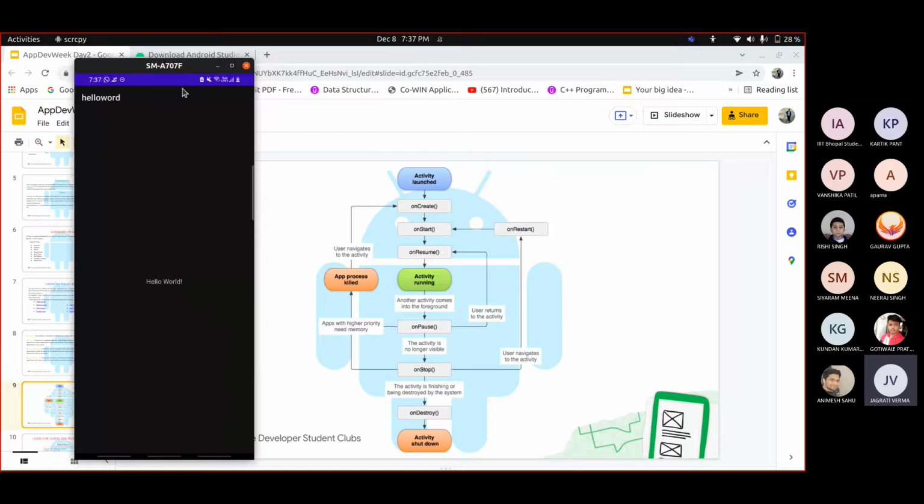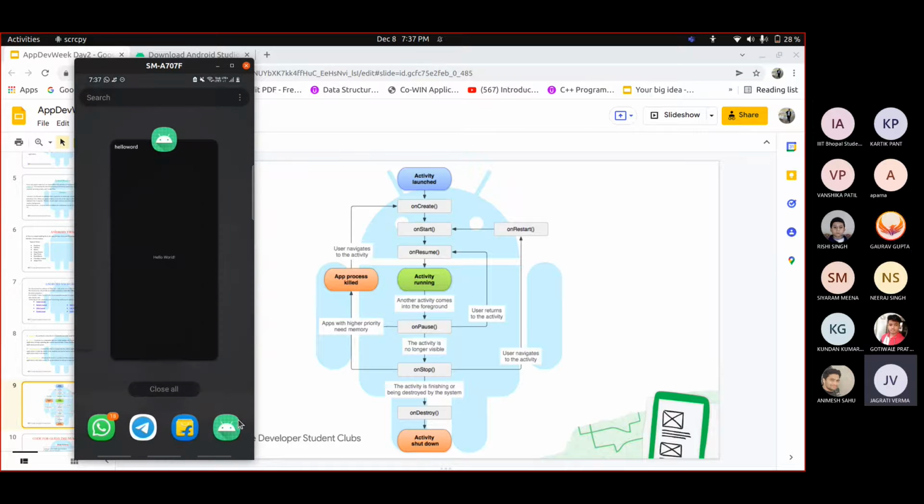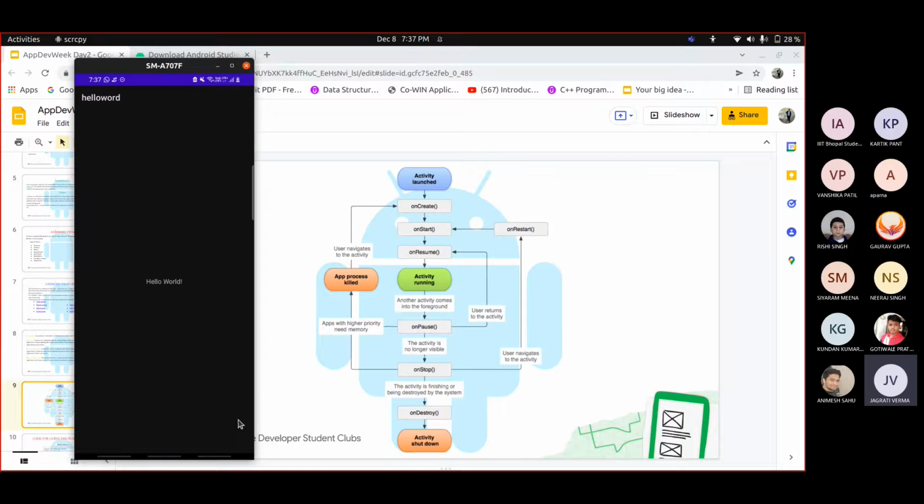Now after onCreate and onStart, onResume can be called if we pause the application. If I put the application behind, the application is on pause, and if I resume it, it is onResume. So the life cycles are very basic, and they are very necessary if you are implementing an application. This can be really helpful.